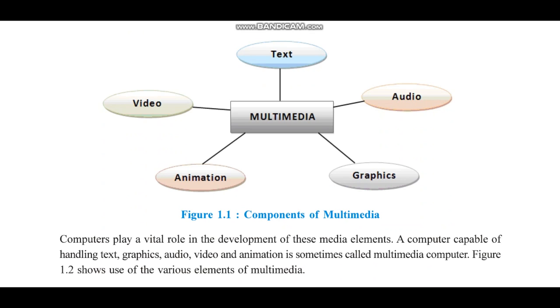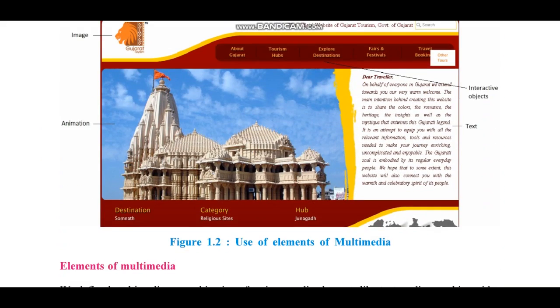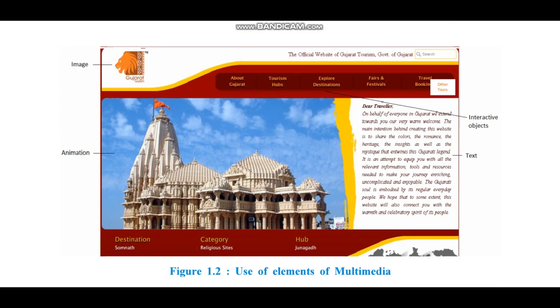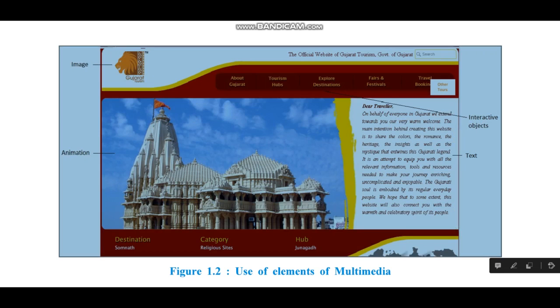Figure number 1.2 shows use of various elements of multimedia. In the next image, there is a mention of various elements of multimedia. Here you can see on the left top the image of Gujarat tourism. Downside on the left hand side, temple animation is mentioned. On the right hand side, text has been mentioned, and here you can see interactive objects has been mentioned. These are the uses of